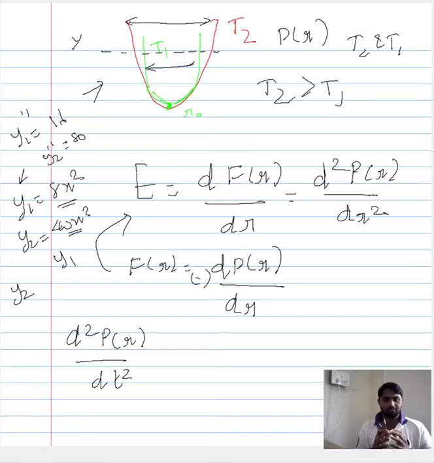Let me reiterate: when the second derivative of a particular parabolic function, the second order function, is higher, then the mouth of the parabola will be smaller and it will look sharper. And when the second derivative is lower, that means the mouth will be larger and it will not be that sharp.